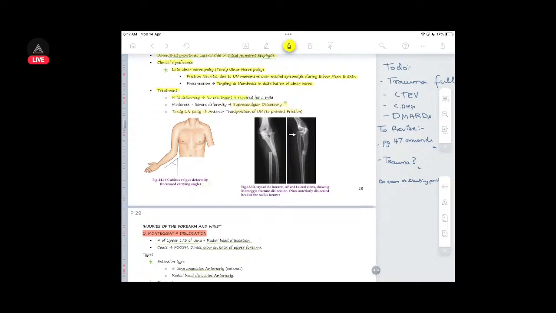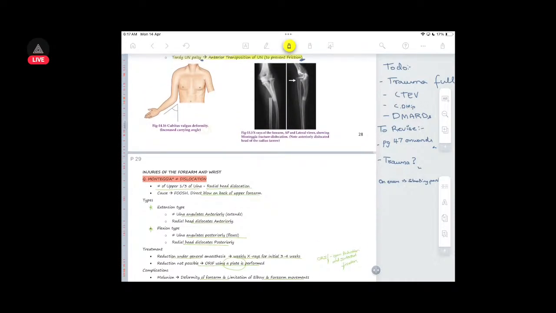Treatment: if there is mild deformity, no treatment is required. For moderate to severe deformity, you do supracondylar osteotomy, and for tardy ulnar nerve palsy, you do anterior transposition of the ulnar nerve to prevent friction. This is the cubitus varus deformity, where there is increased carrying angle. X-ray of the forearm, AP and lateral view, showing